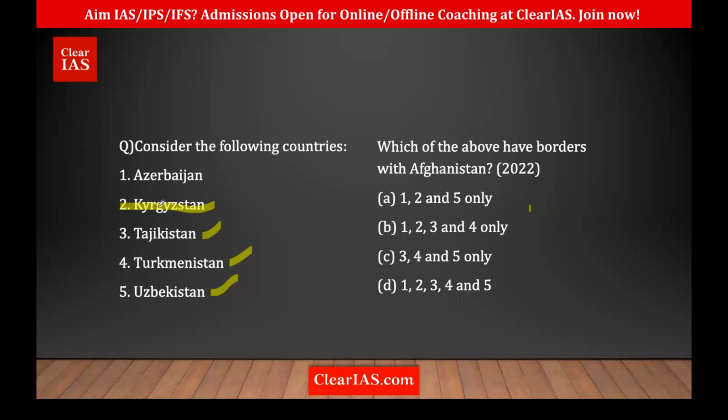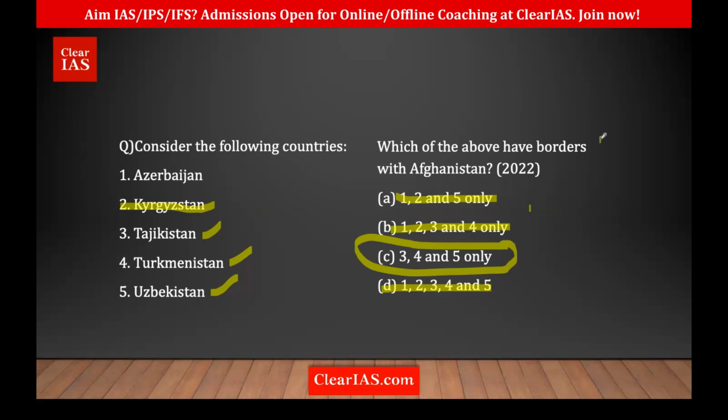First, we'll eliminate all the statements which we are sure about. So we eliminate all the statements with 2. We have eliminated A, here there is 2, we eliminate this, and here also there is 2, we eliminate. So we'll get the answer as C. This is actually how you arrive at answers for prelims. Even if you might not know all the points or all the bordering countries, just remember all the important countries and you will be able to answer the question. Okay, clear?